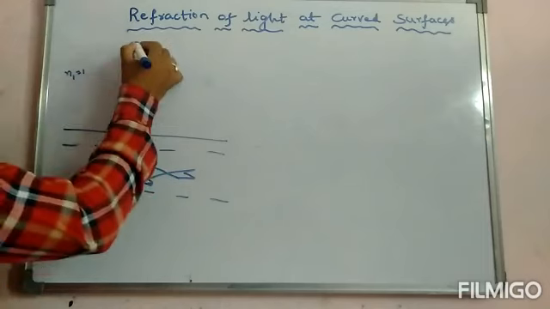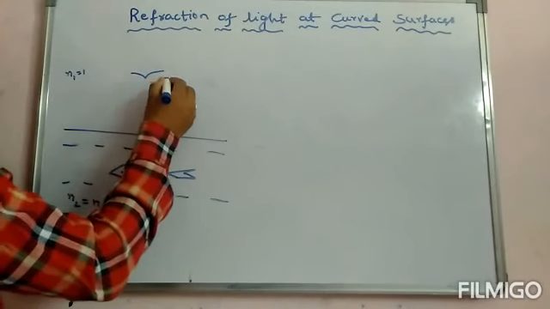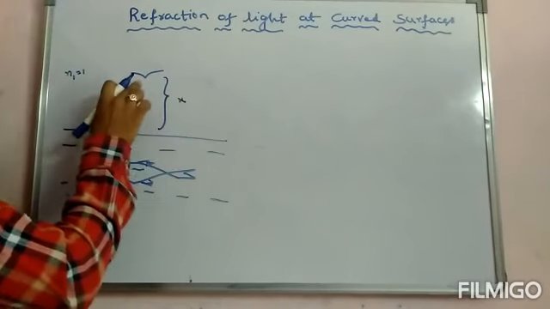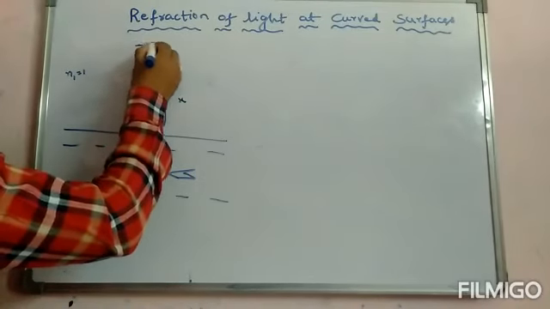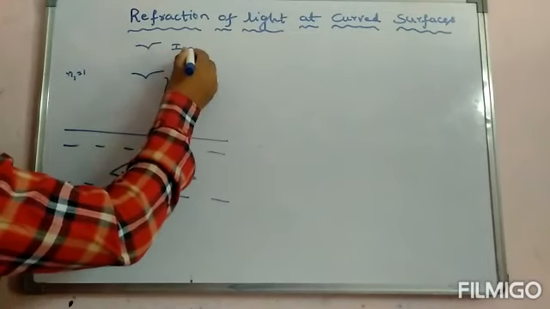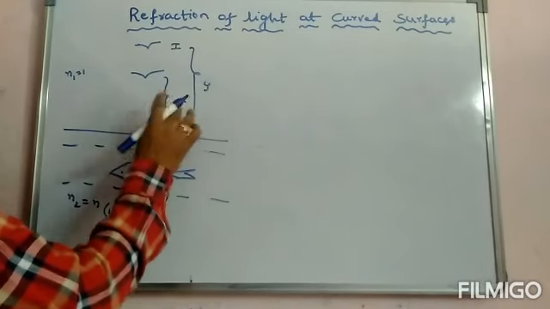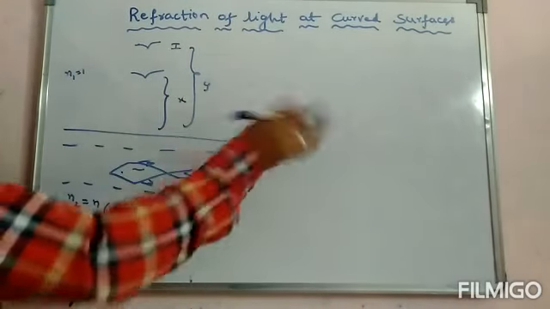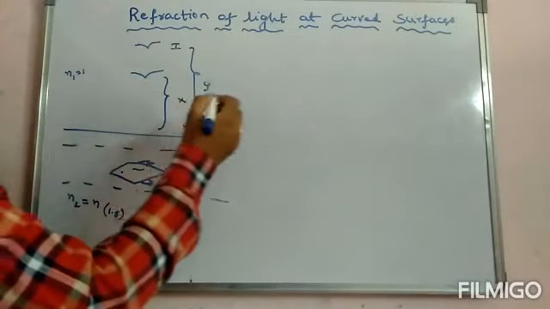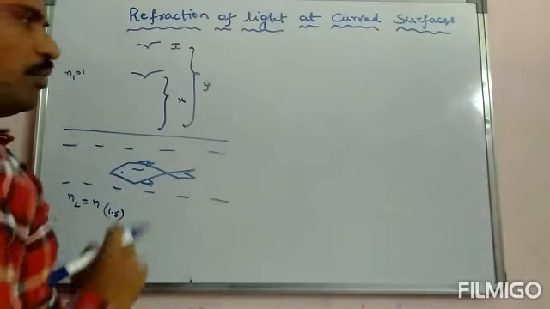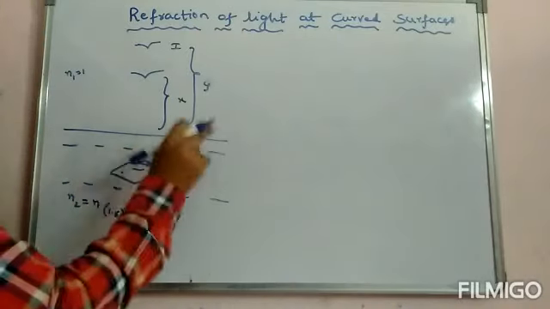Okay. Let us assume the object distance be x. Let this bird be the object, and where is the image? Let us assume the bird image is here. I don't know whether the image distance is greater than the object distance or not. Now I have to put it. Right. Now here you can see. Which formula do we have to use? We have to use the plane surface formula.